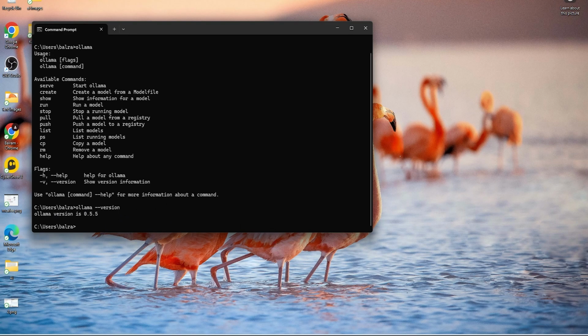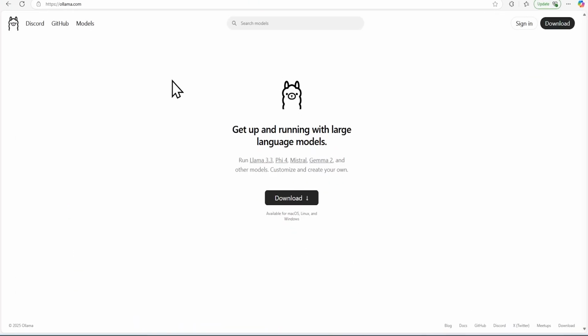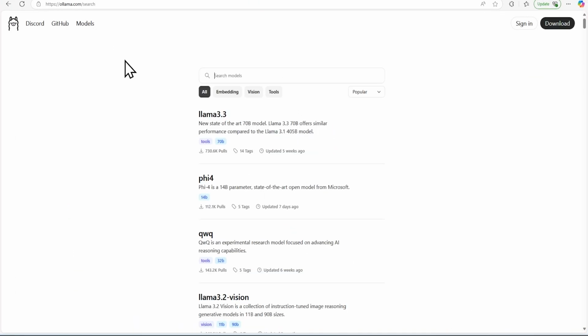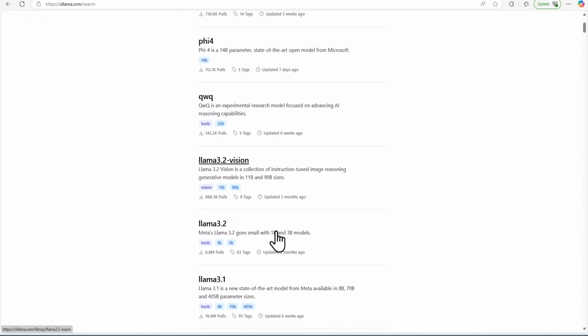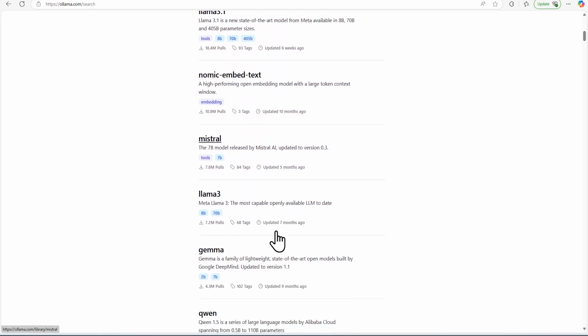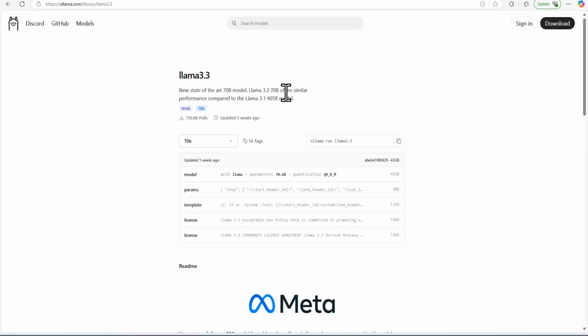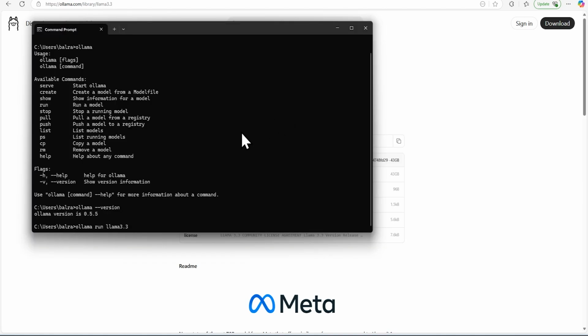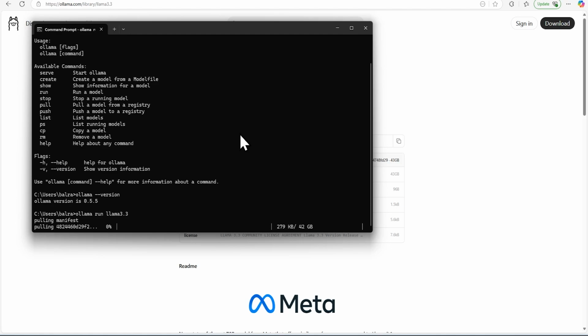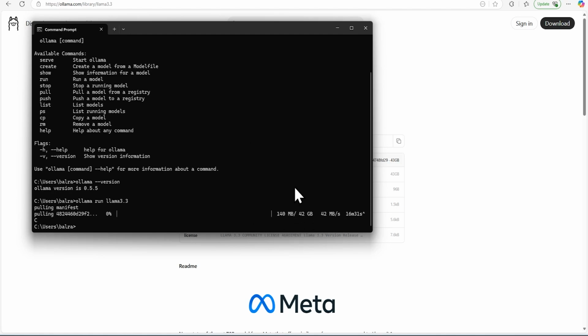If we want to see what different models we can use, we can go to the model section in the portal. Then we can see that Llama 3.3, other versions of Llama, Mistral models, Gemma models, and other things are supported. If we go into Llama 3 and want to use this one, it will be a big application because it has 70 billion parameters. So it will take a long time to download. Let's see how much time it says; it has 42 GB. So it will take some time, so I will cut that one.